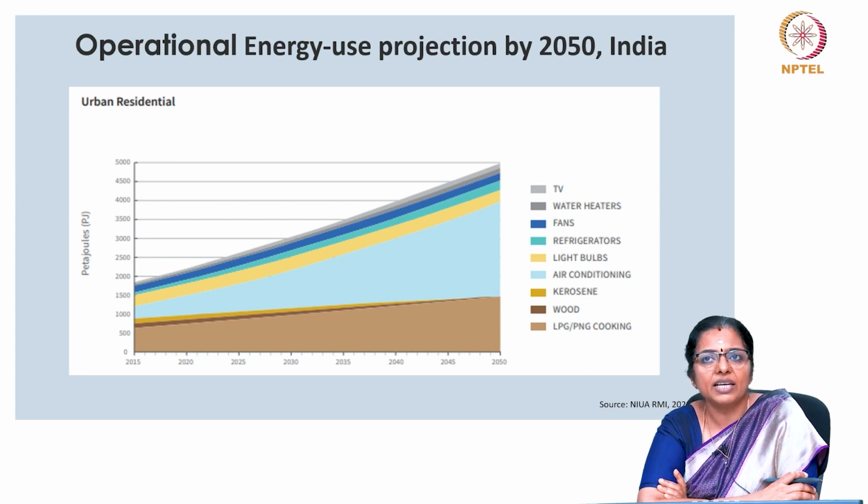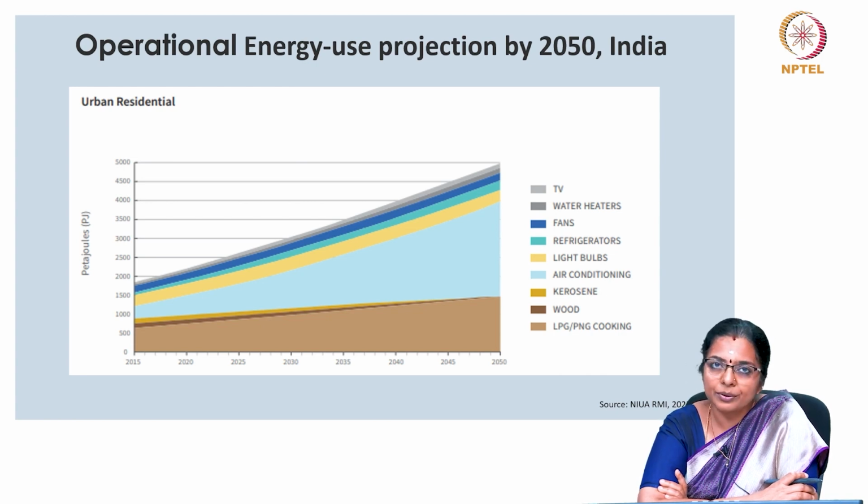So, India has been implementing policies and initiatives which are aimed at promoting energy efficiency and reducing carbon emissions in buildings. The government has introduced programs incentivizing energy efficient construction and retrofitting existing structures with improved sustainability, which we will be discussing in detail in the further course of this class.